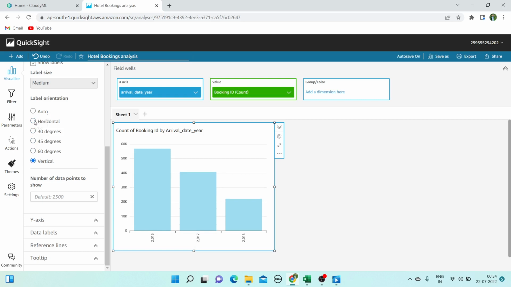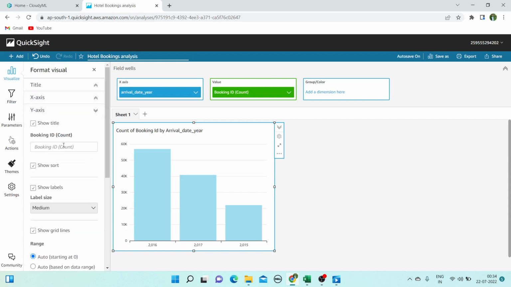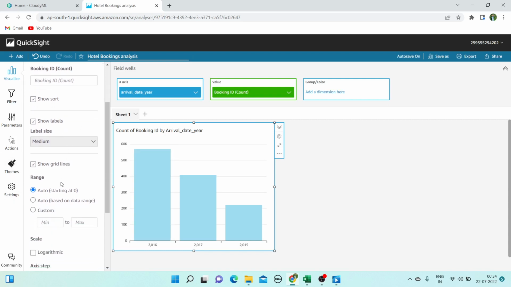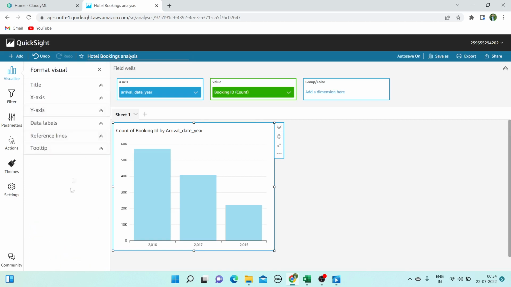Whatever suits you, you can simply choose. We will keep it horizontal only. After the x-axis we have the y-axis. Again in the y-axis you can switch the title on or off. Then we have sort labels, whatever visualization suits you, you can simply do it